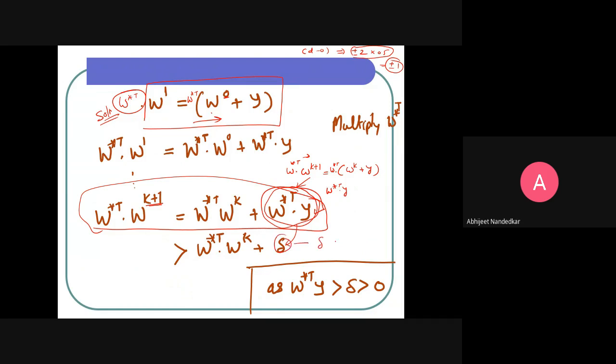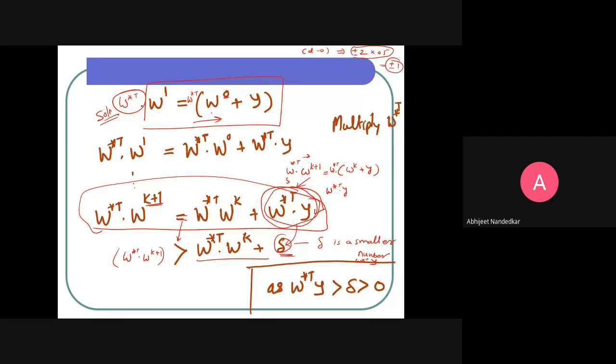So delta is a smaller number compared to W star transpose Y. If I replace this by a small number, this equality will go, and W star transpose multiplied by Wk plus 1 will be greater than this side,